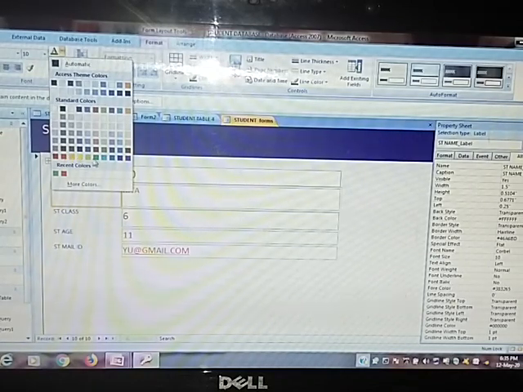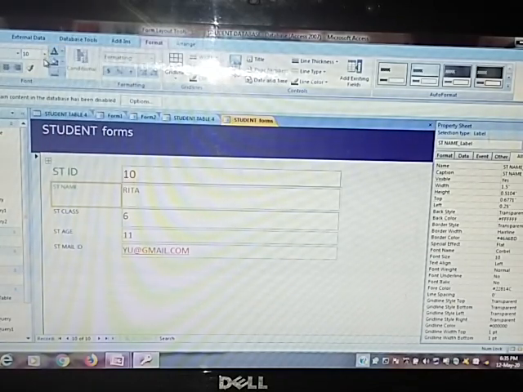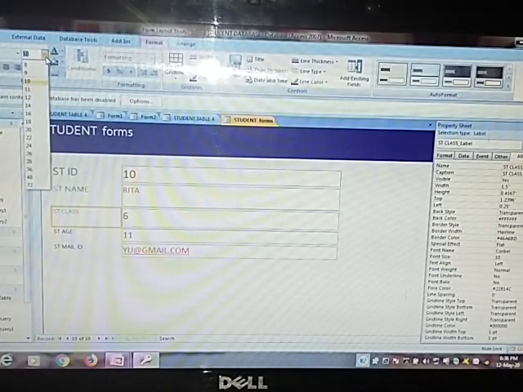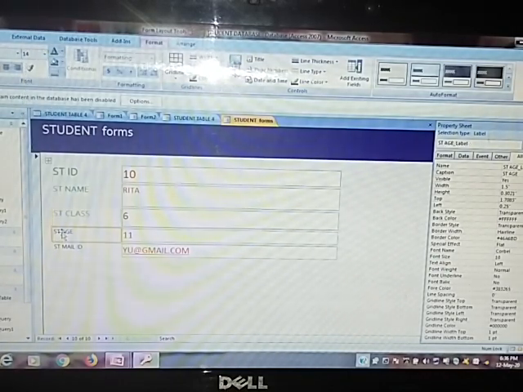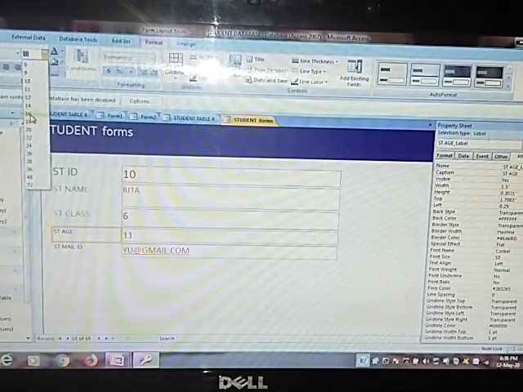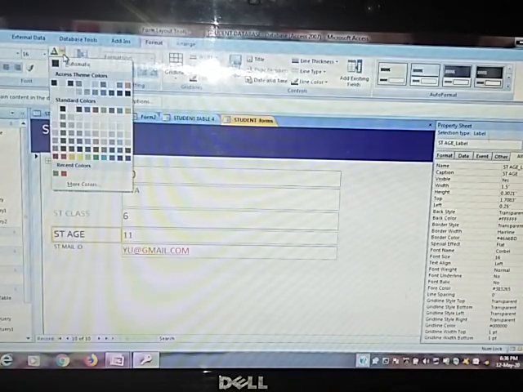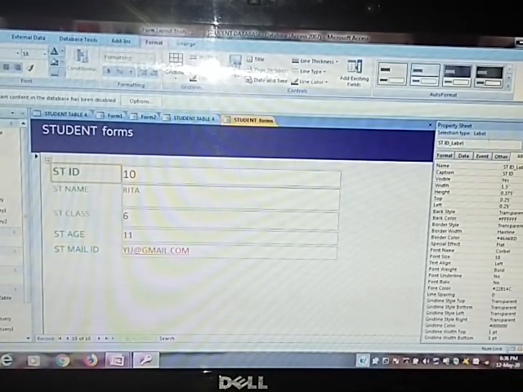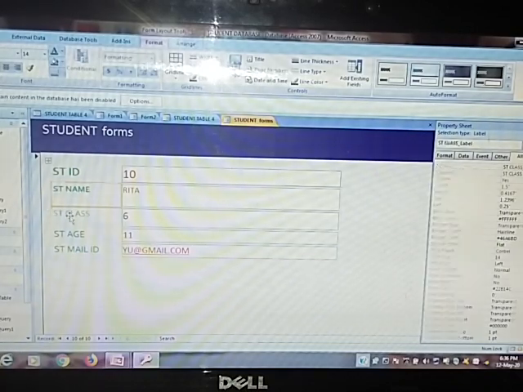Select one by one and change the style. If you want bold, then use bold also.